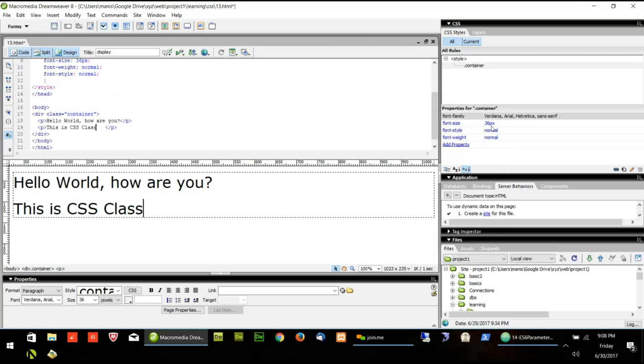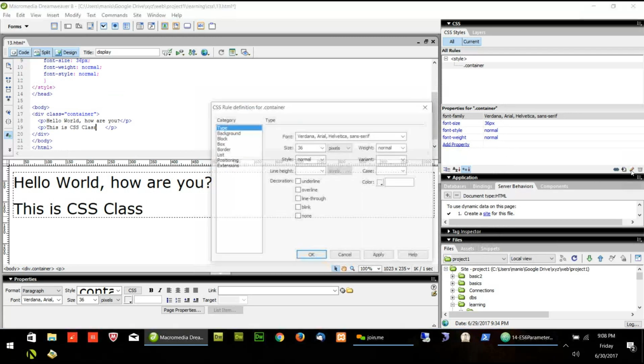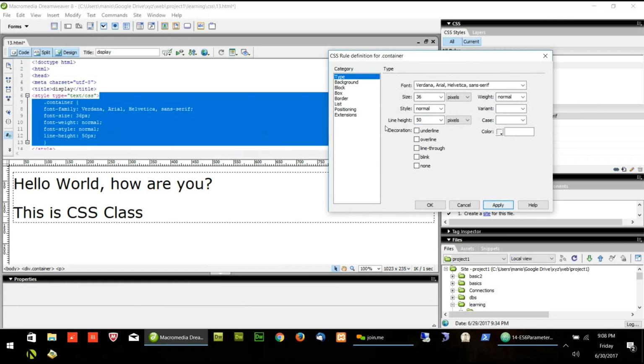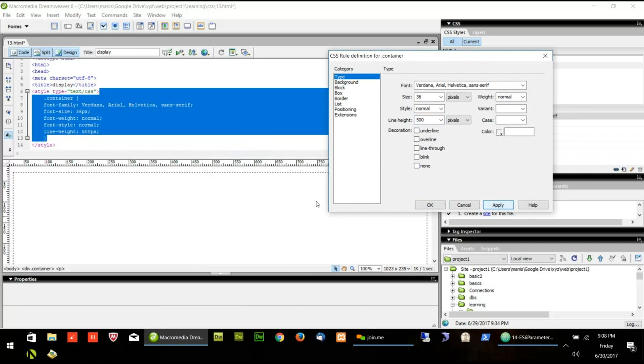Okay, so now I will edit the CSS, and I will say line height equal to some value. For example, I say 50 pixels. So line height is the height of a particular line. Let's say I say 500 pixels. So you will see the difference.